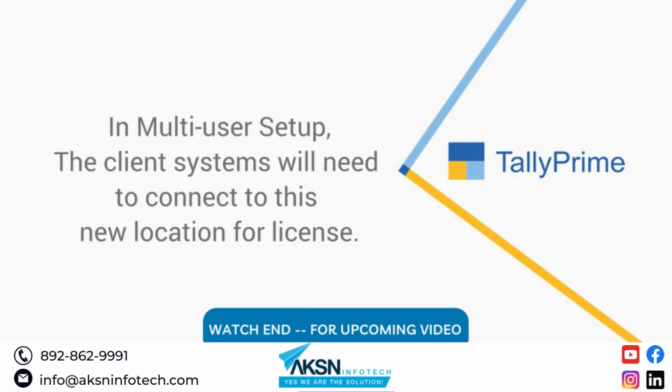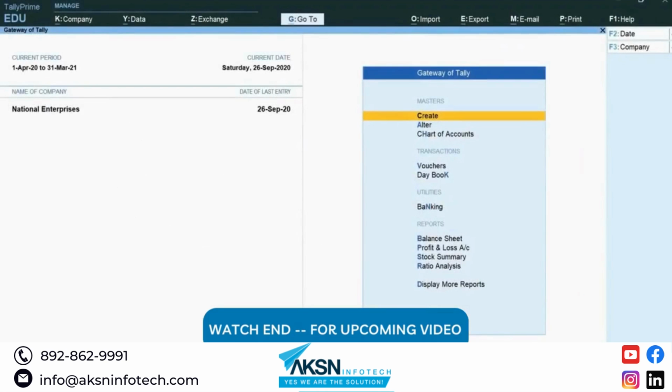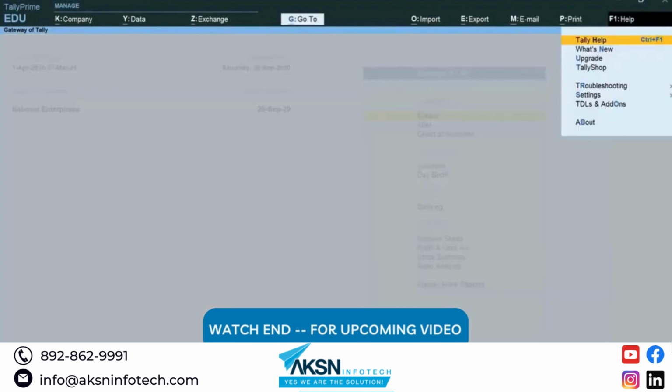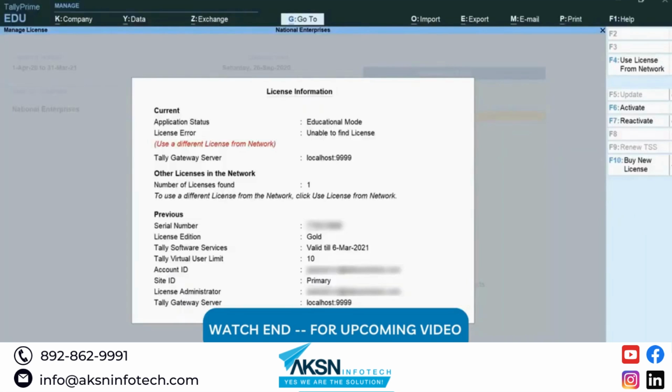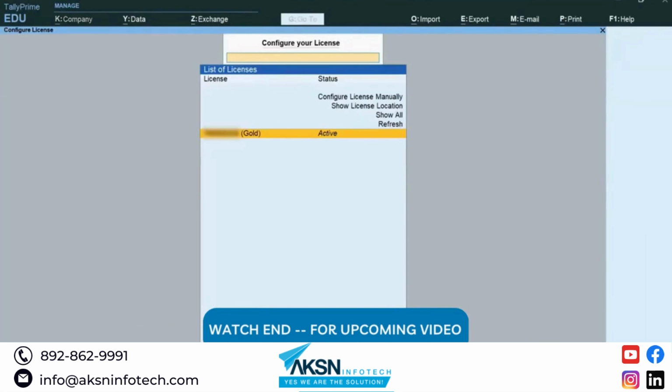गेटवे सर्वर नेटवर्क में उपलब्ध सारे लाइसेंसों की सूची दिखाएगा। सर्वर चुनें और कनेक्ट करने के लिए एंटर दबाएं।